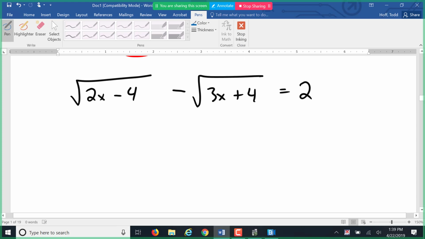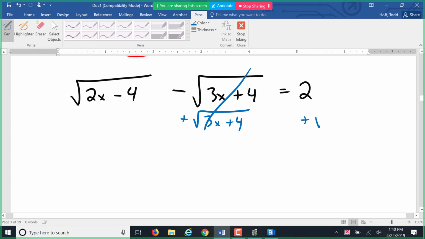We can make life a lot more complicated when we have equations with more than one radical in it. Here we have the square root of 2x minus 4 and also the square root of 3x plus 4. There's multiple ways we could handle this. We could just square both sides the way they are, but it's usually simpler if we get one radical on each side. So I'm going to put this radical, since it's negative anyway,